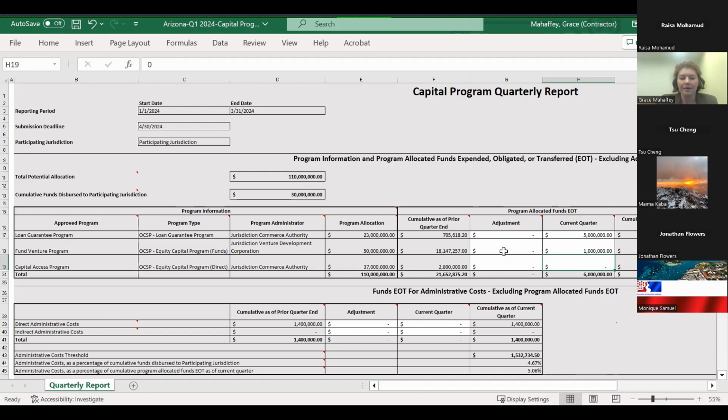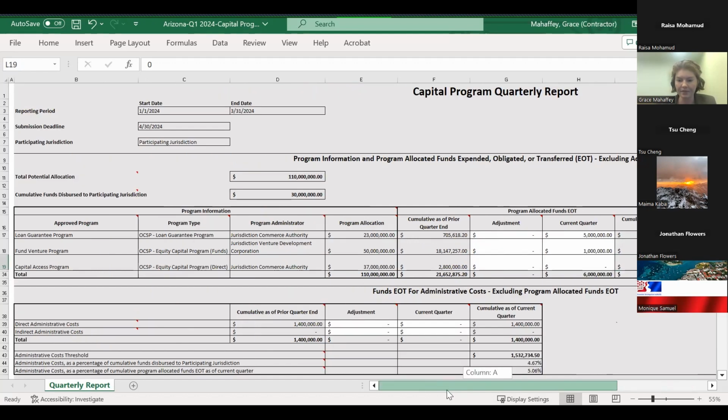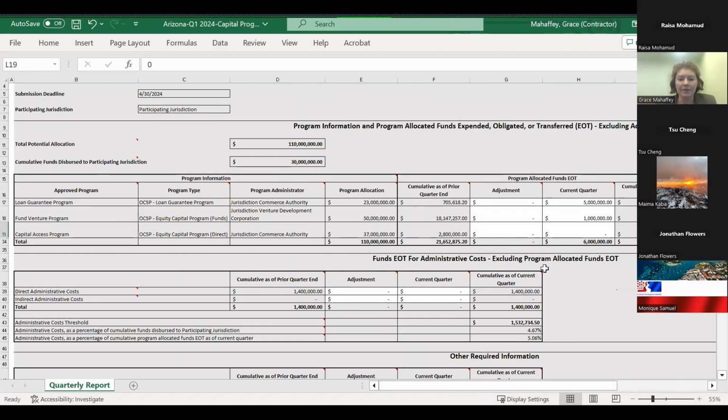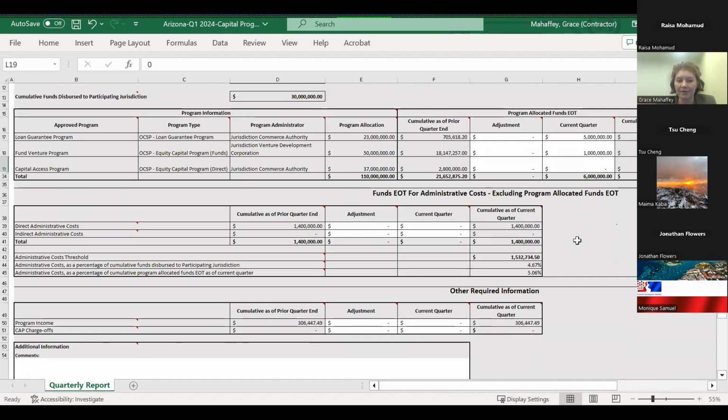Once again, you would enter the recycled funding information in this section if it's applicable. All right, now I'll go through an example of entering the administrative costs and how you could offset that with the program income. So again, you can see here per our prior reporting, we have already EOT'd $1.4 million in